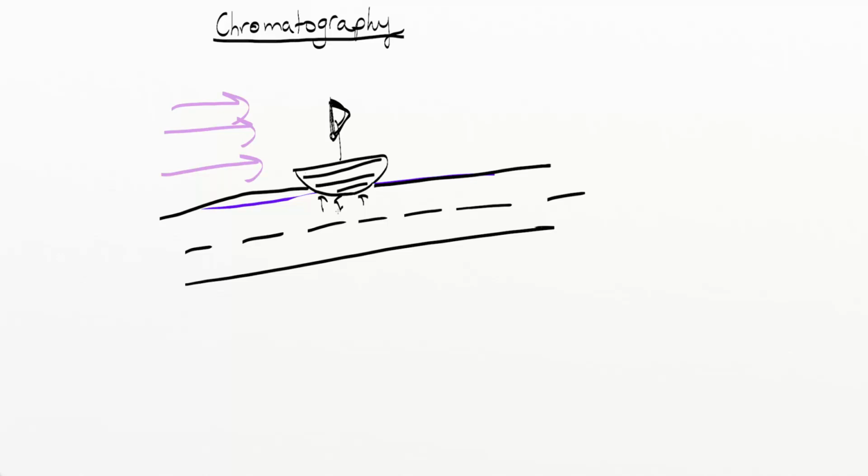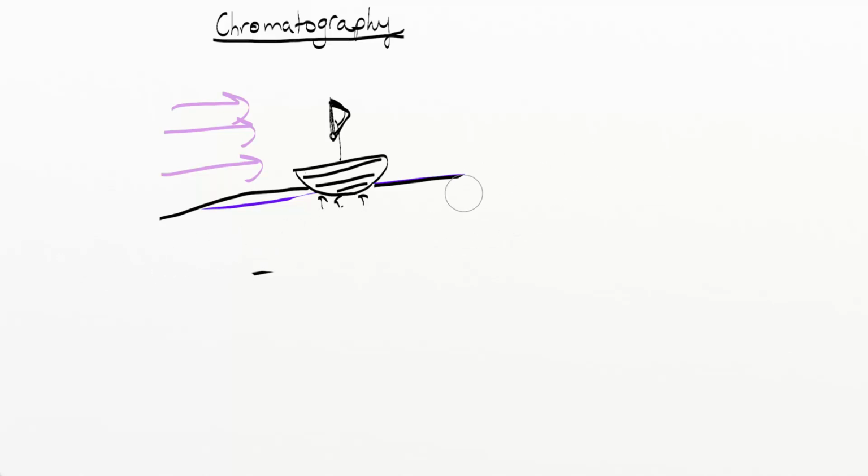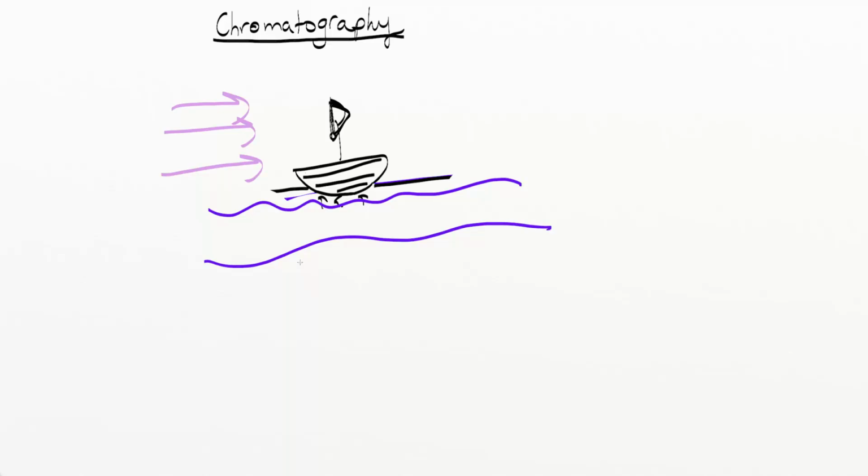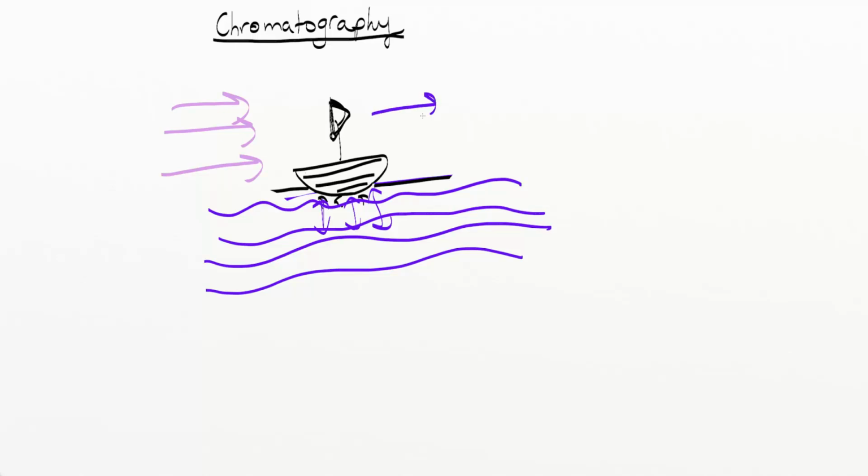But when I put the ship on some water, there is a lot less friction between the boat and the water, which means that when the wind blows, the ship can move across in a particular direction